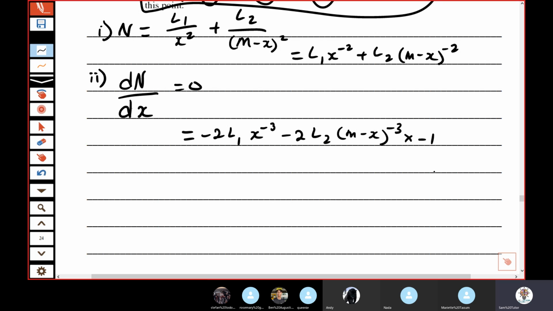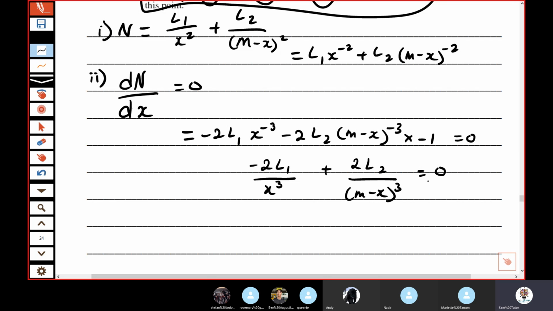You make this equal to 0. We're left with negative 2 L1 on x cubed plus 2 L2 on,